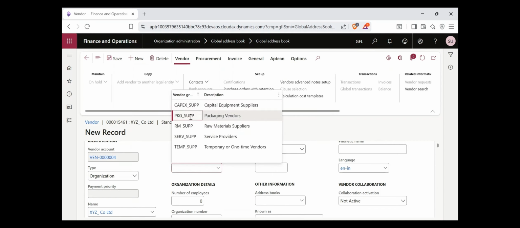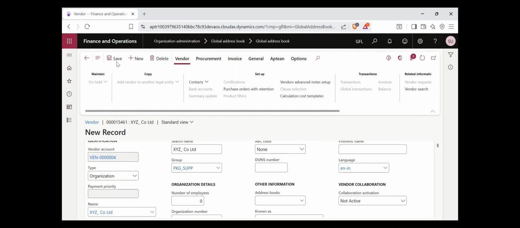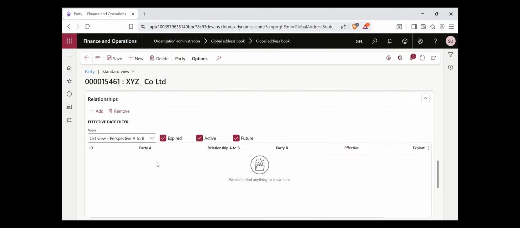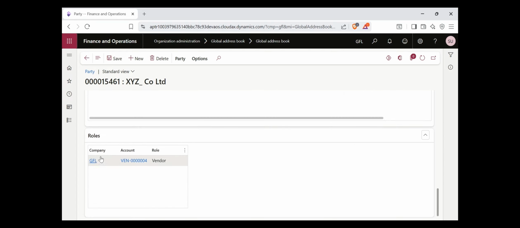So I'm selecting this vendor group and I'm going to select save. By doing that, if you go back and click on save here also, you could see that it gets added to this specific company. You could do the same thing in other companies also. You could go there and make sure that you create it, and automatically that gets associated with this specific company,